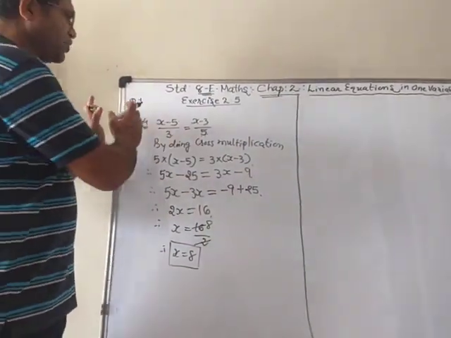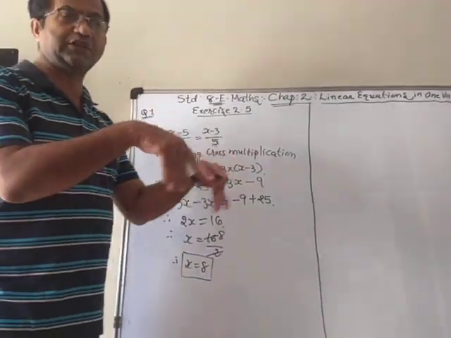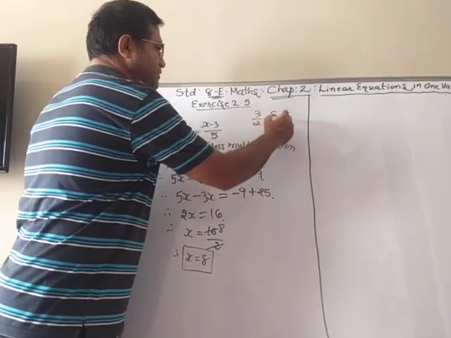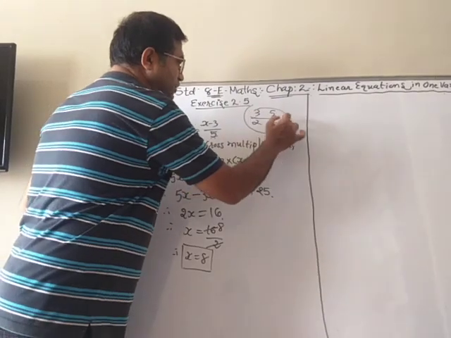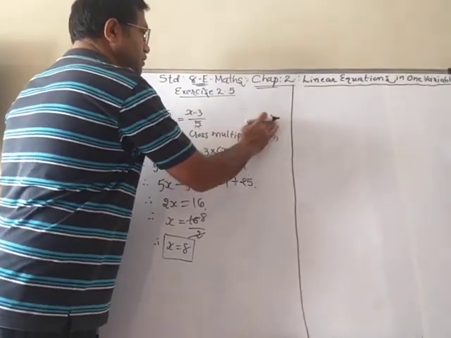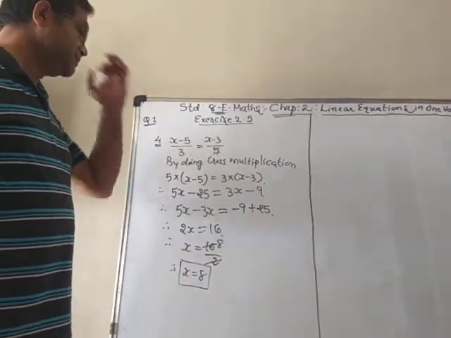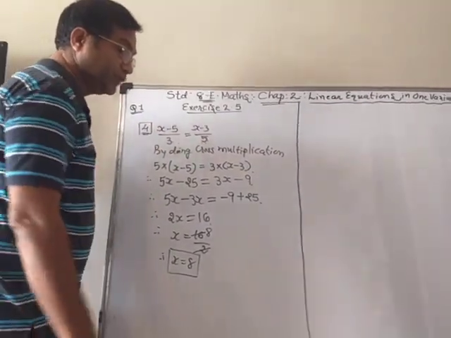So when there is only one term on both sides, not a plus in the middle like 3 by 2 plus 5 upon x plus, at that time you can't do this. But when it is direct like that, the whole thing is down like that, then you can do the cross multiplication. Then it is very, very easy for us. So that was question number 4.